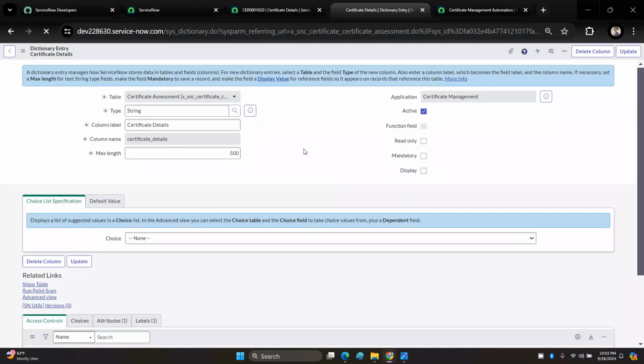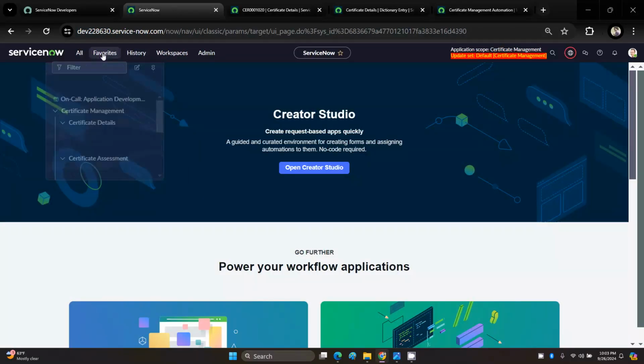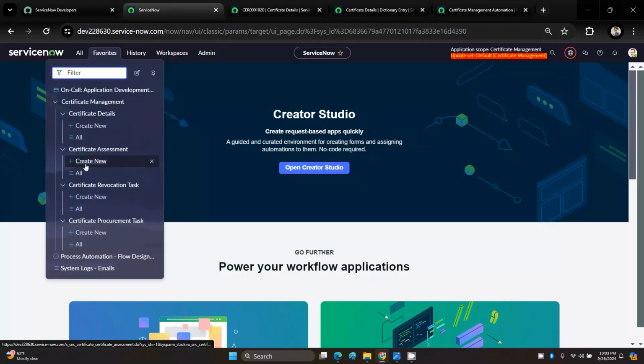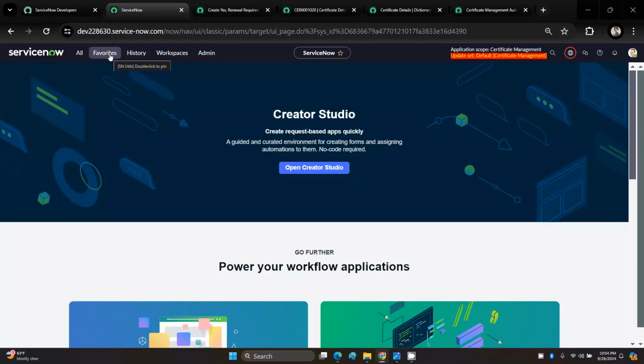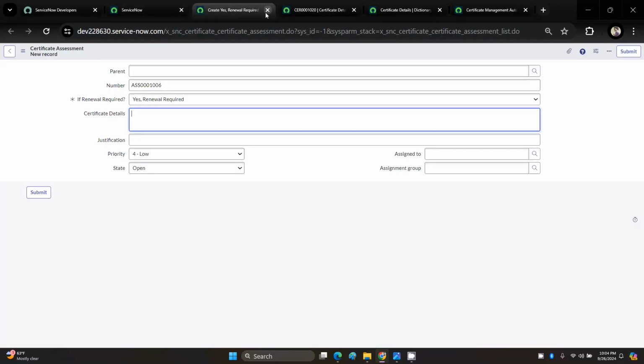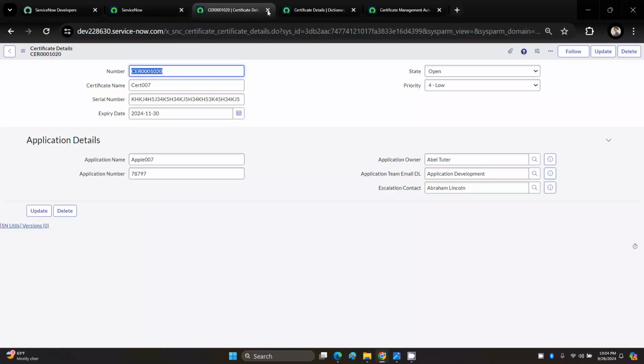Save. Let me open the form again, assessment form. Okay, this is bigger now. Let me re-trigger that one more time. Let me create the certificate, new certificate, and see how it works. Okay, let me close everything and recreate the new certificate, because